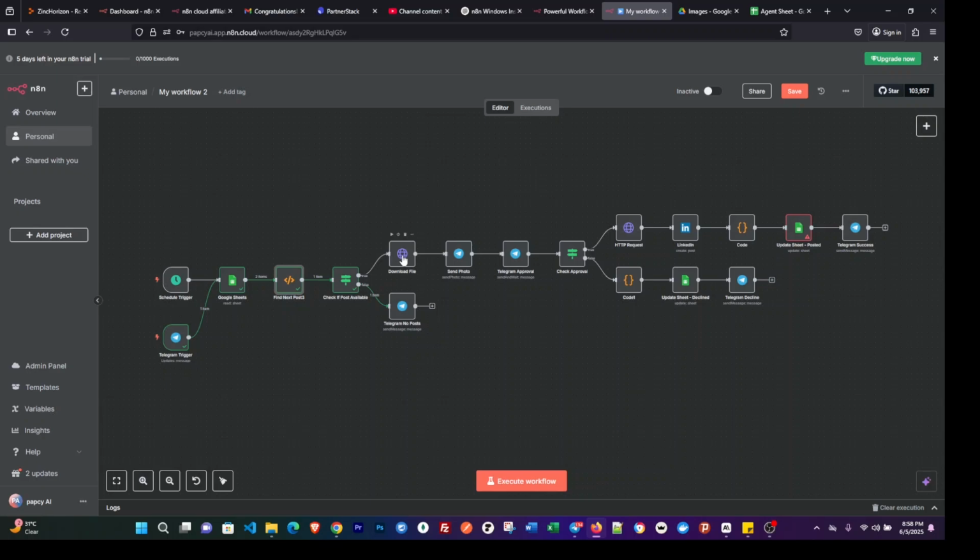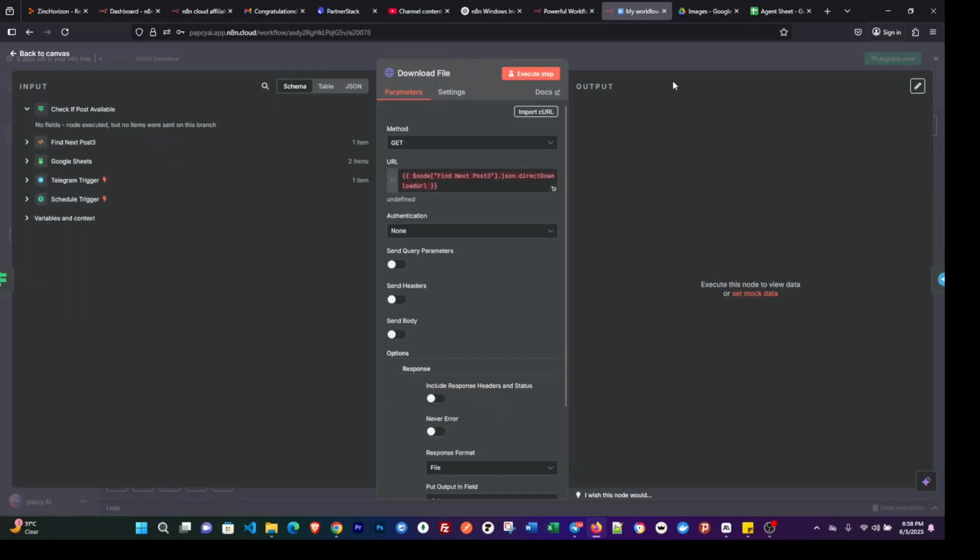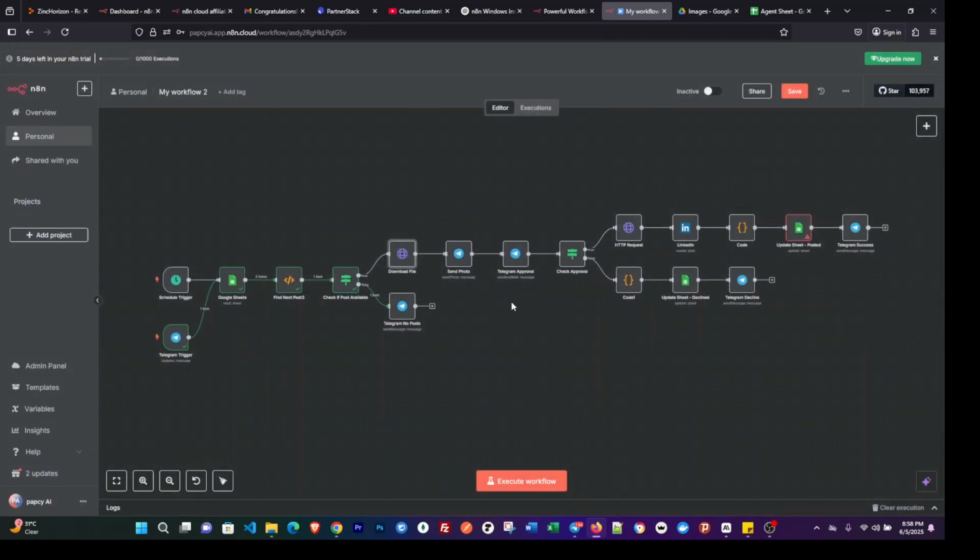Okay, so you're using an HTTP request here, so I can download the images and then convert them to a binary file before I actually send them to Telegram, or before you can actually post to LinkedIn. So you must convert from the raw image to a binary file. All right, cool. So now I already have that set up, and the next thing to do is